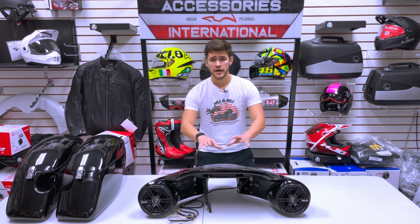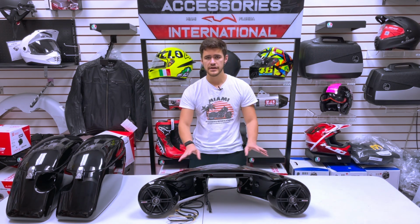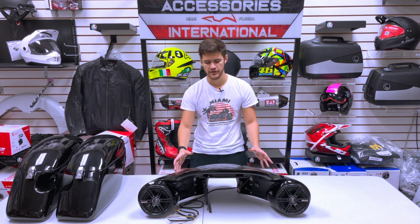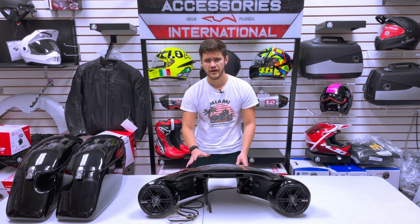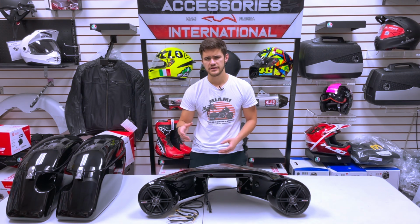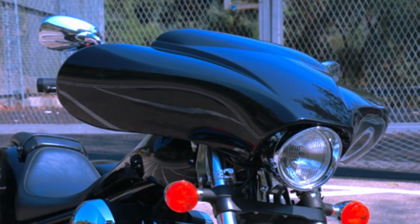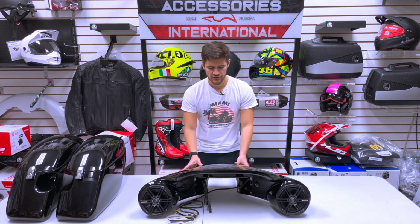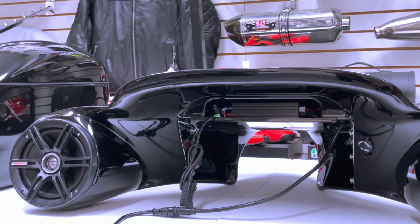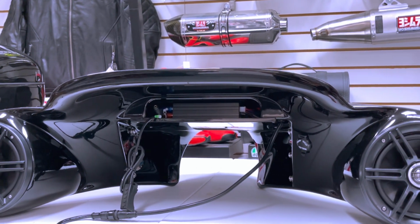Now, one of the first things you'll notice looking at the Batwing fairing, we have an extremely sleek construction on the fairing. It's not like your typical Batwing fairing. It's very low profile, low cut, made specifically to kind of contour and match up that sleek design of the Fury models and the other bikes that we do mention that the fairing will work for. The construction is made out of an ABS plastic construction. It's very lightweight, has a very strong finish,